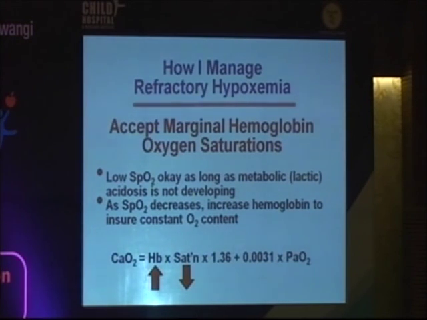If nothing works, we can accept the fact that our saturations may not be exactly what we want them to be. So a low saturation is okay. They don't have